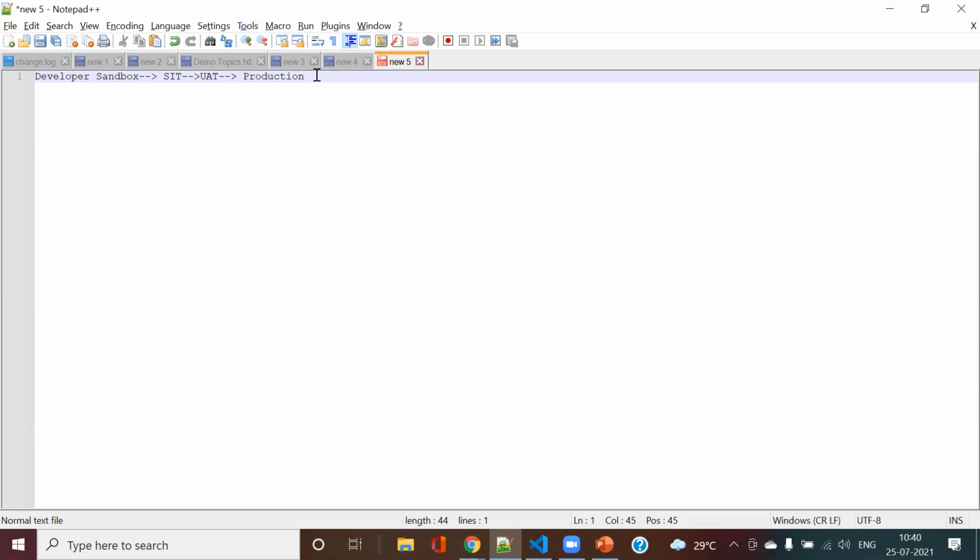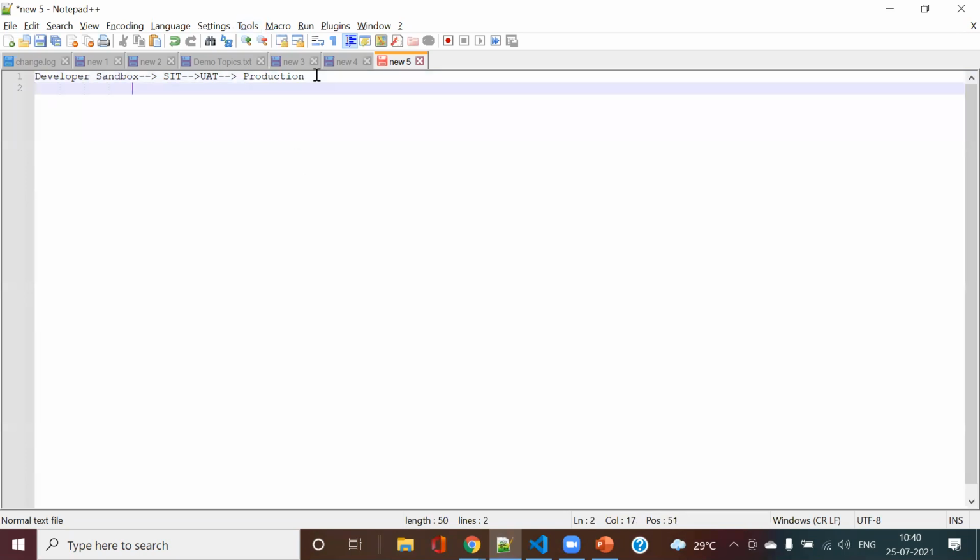Now in case hot fixes come in, you have one more environment for hot fixes, maybe your pre-prod. The process is the same: I do my development in my developer sandbox, it goes into SIT, and the tester tests it, but it doesn't go to UAT.